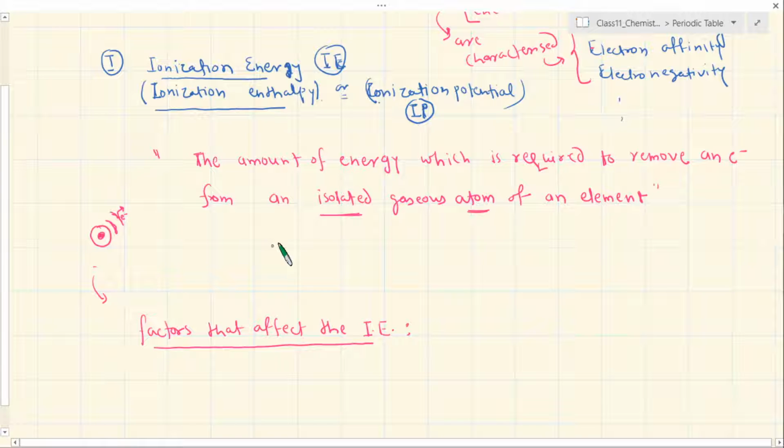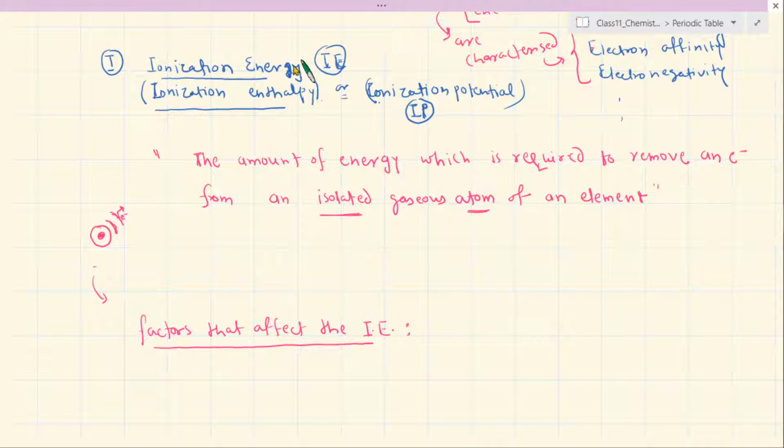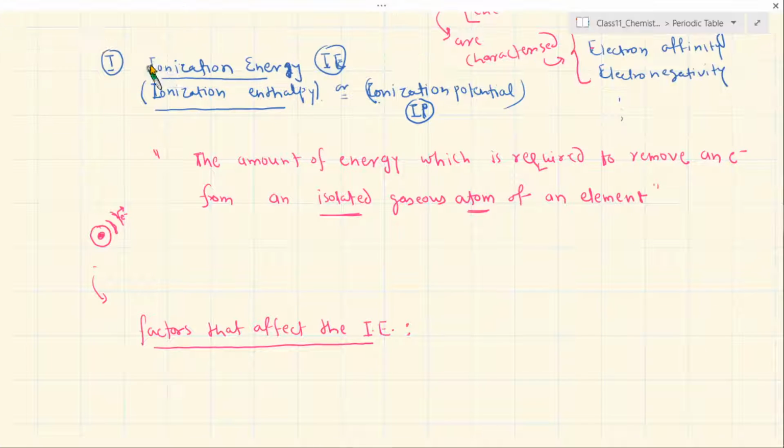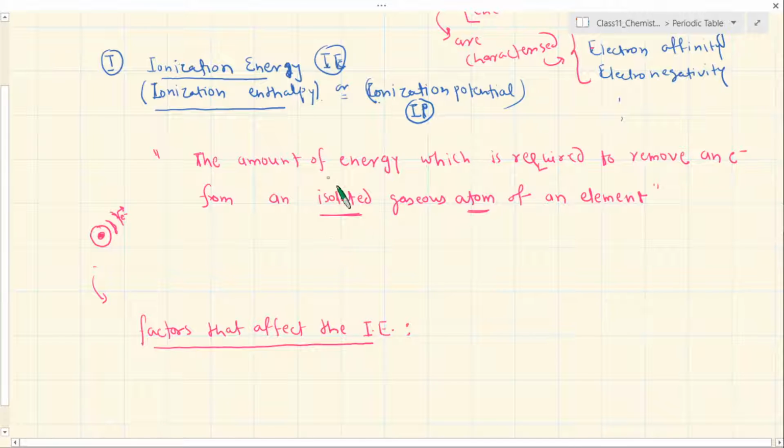Well, before going further, I would like to also point out that when we say ionization energy, if it is said only, we only understand that we are talking about only the first electron that is being removed. For example, when I say ionization energy associated with sodium atom, you are talking about the energy that is needed to be input, because you have to supply the energy to knock off the electron.